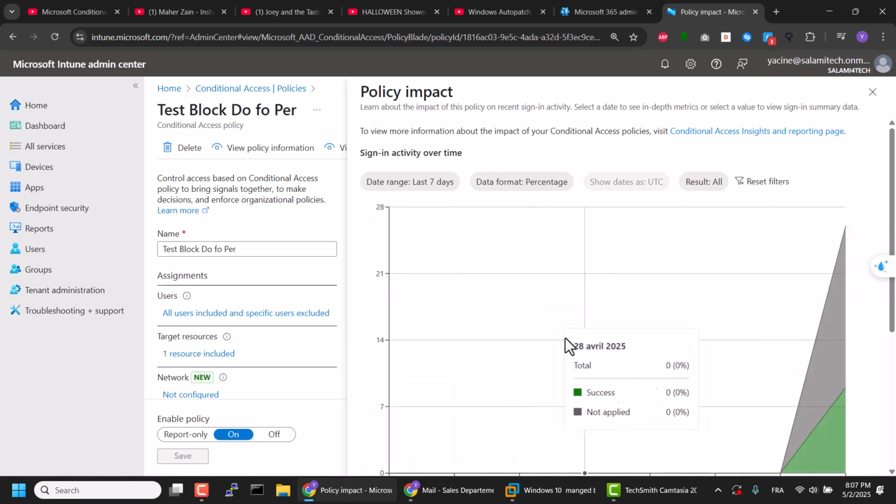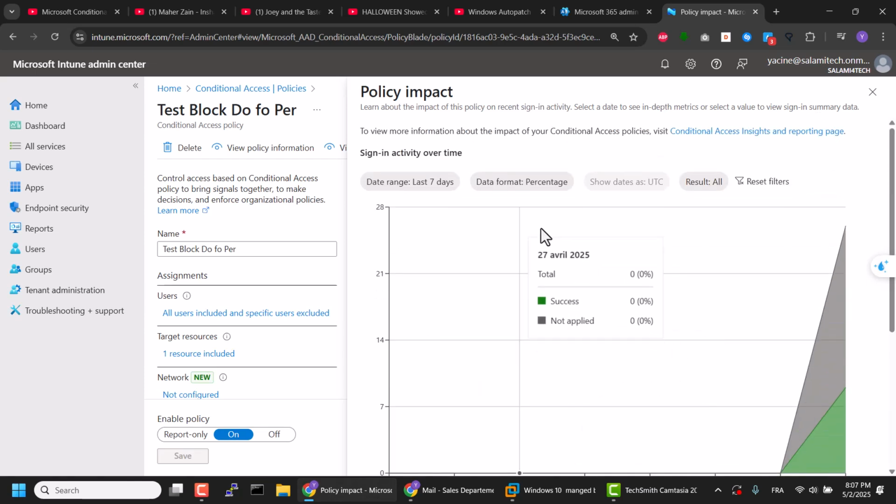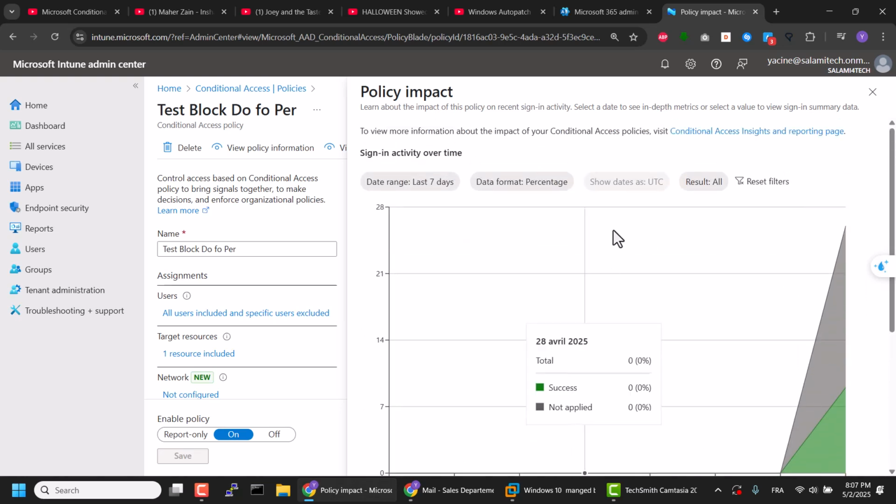As you can see here, the resources, the report, how this policy works and blocks and so on.